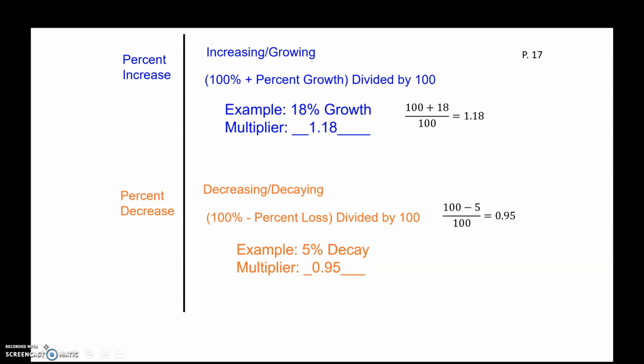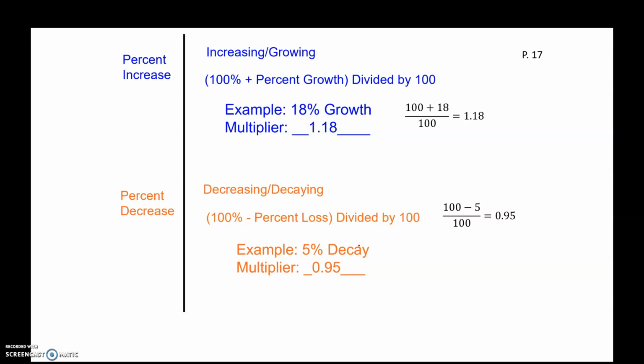All right, so what's happening here is in word problems, we're going to need to find our multiplier, and we're told what things increase or decrease by percentage-wise. So the way we do this is when you're increasing, we add the number to 100 and then divide by 100. So 100 plus 18 divided by 100 is 1.18. So that's what an 18% growth is. It's a 1.18 multiplier. If we want to get the multiplier for a decrease, instead of adding the number, we're going to subtract. So if we've got a 5% decrease, we're going to do 100 minus 5 divided by 100,